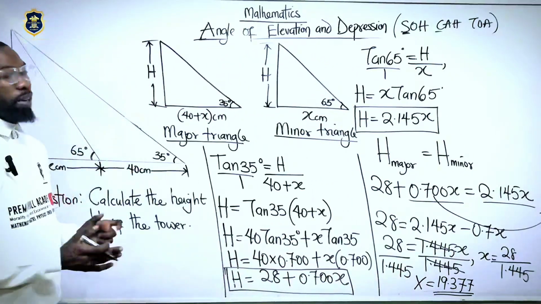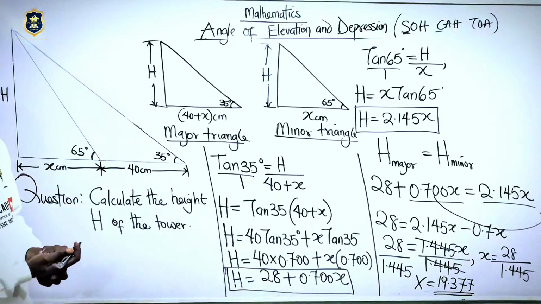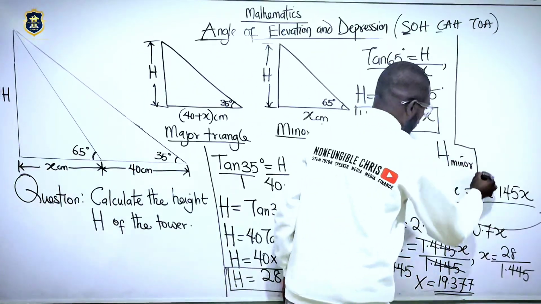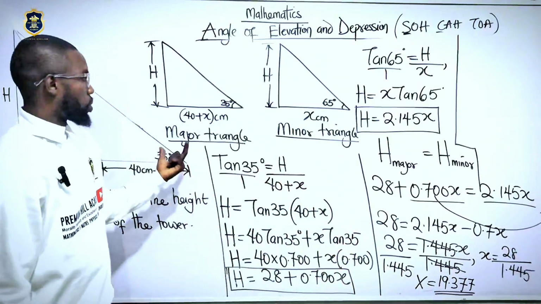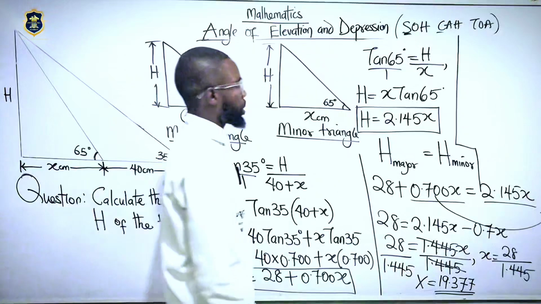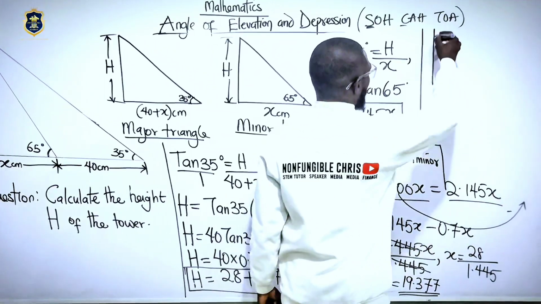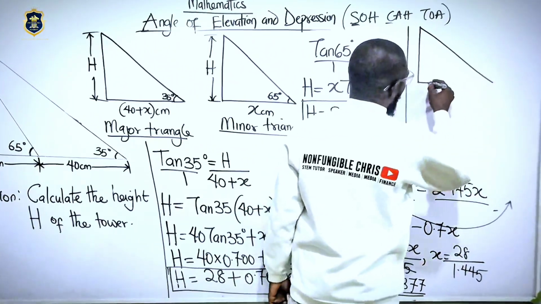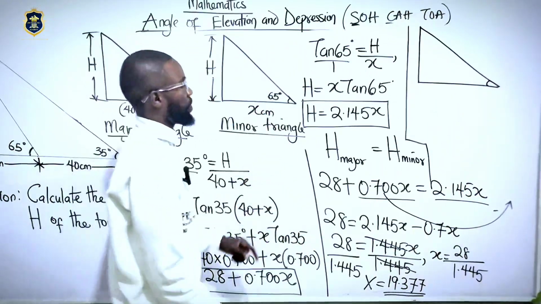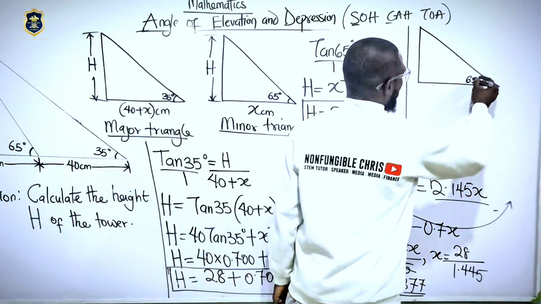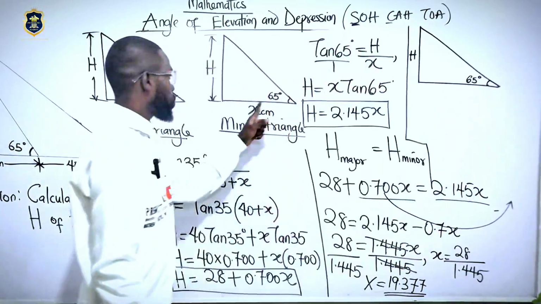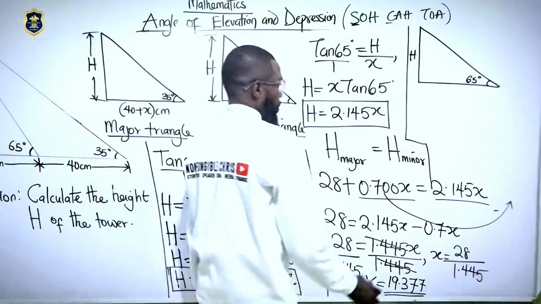Now we have the value for x. We've not gotten the h yet. For anyone we can fix it for anyone. This is the value for x. I can fix my value for x here. I show that my triangle becomes this. This is my 65 degrees, and this is my h. Now we have the actual length as 19.377